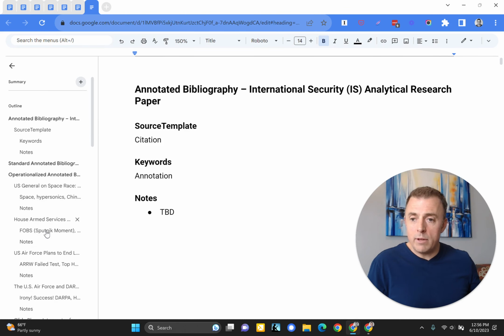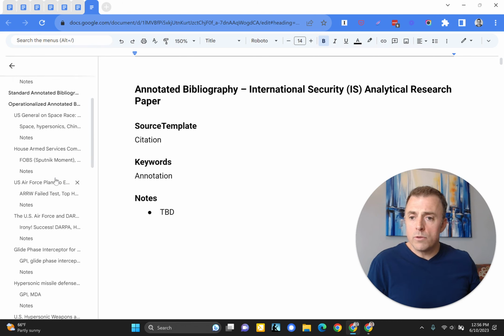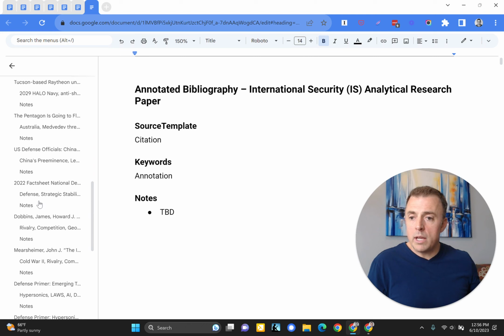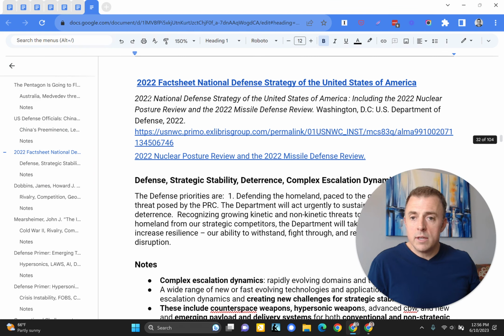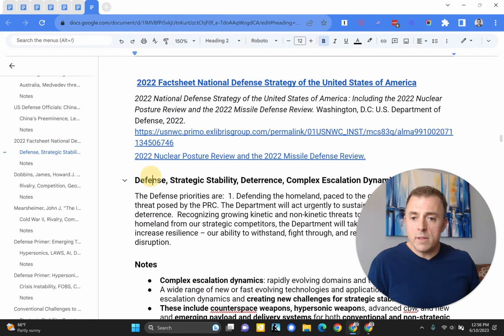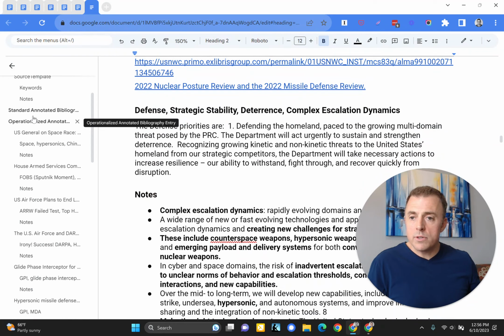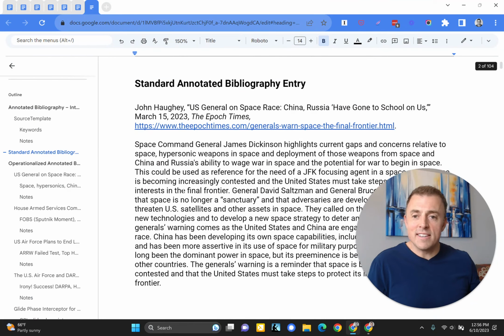And of course, this outline feature is what I talked about earlier, and this is what makes this very handy. So if you scroll down, you'll see each of these, source, keywords, and notes, these bolded words showing up on the left-hand side. So I can just pick any article here, and you're going to see the source, and then the keywords, and the notes. But what I'd like to show you first, that I should have talked about initially, is